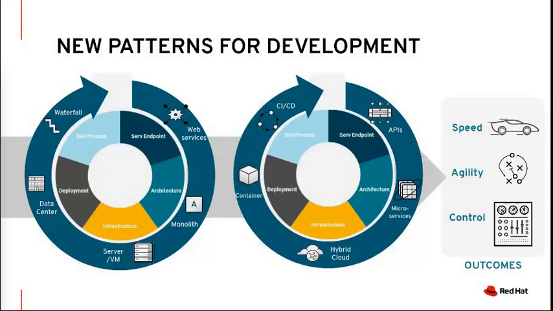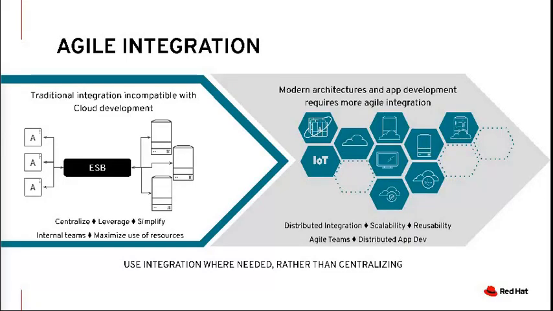We also want to define a new method for integration, right? We need our applications, and even the way that we approach their design, to be more agile and scalable, to exist across various public, private, or hybrid clouds, and ultimately to be iterated quickly and more efficiently. If you look here on the left, your traditional integration is really incompatible with cloud development. Modern application development is going to require more agile integration. The focus here is on scalability and specifically reusability, but there is definitely a culture and process aspect to that as well.